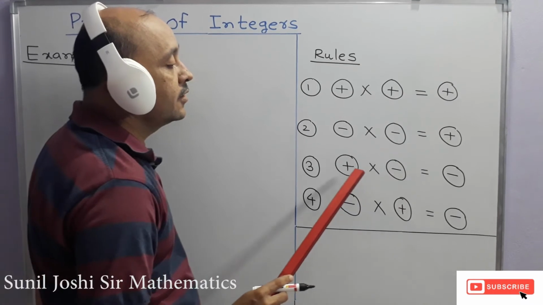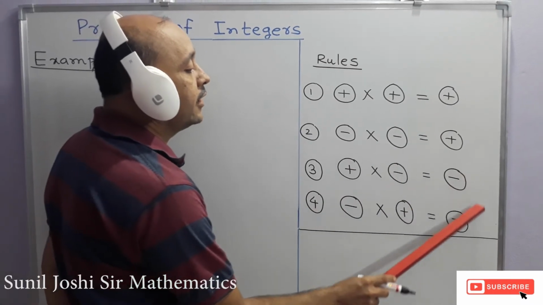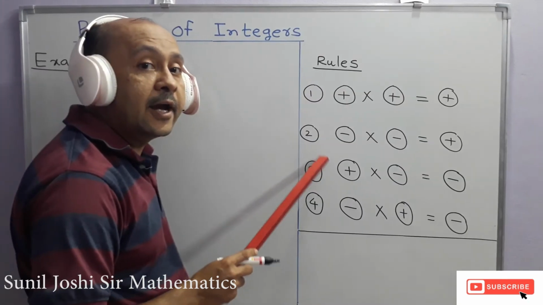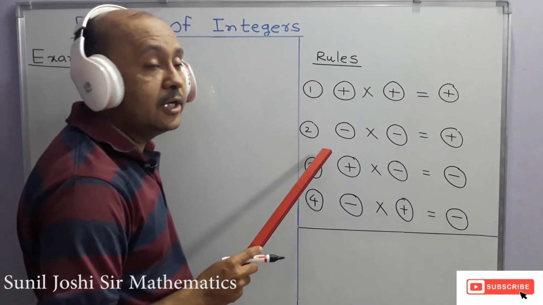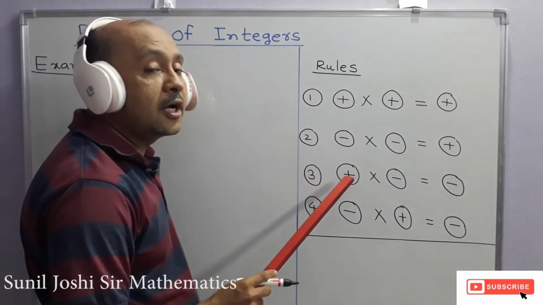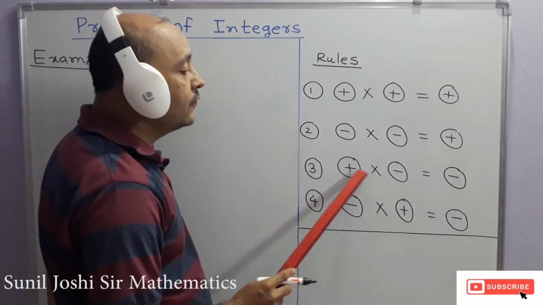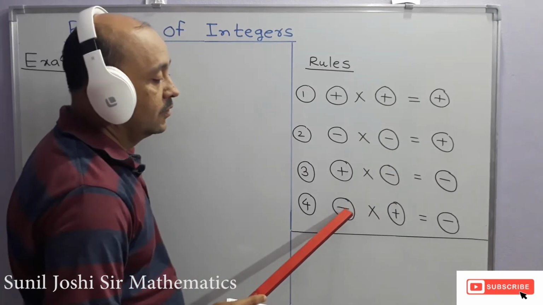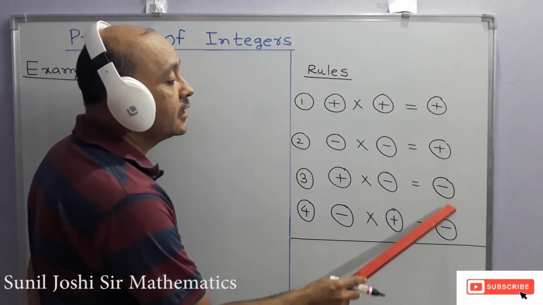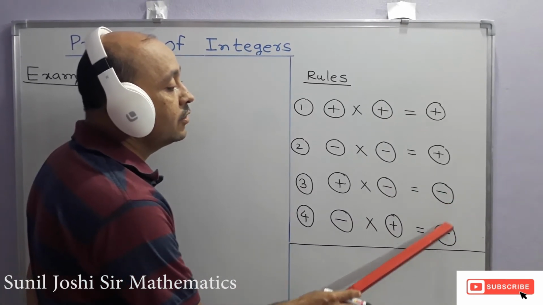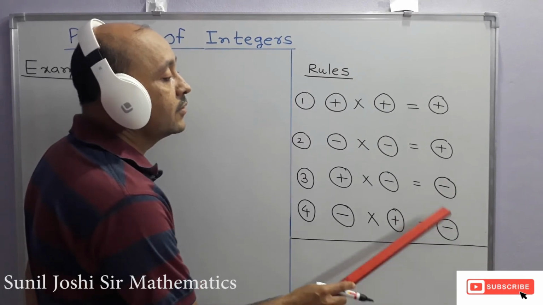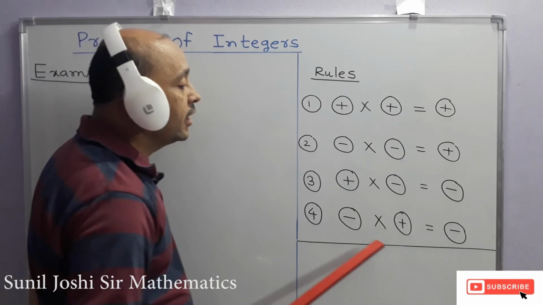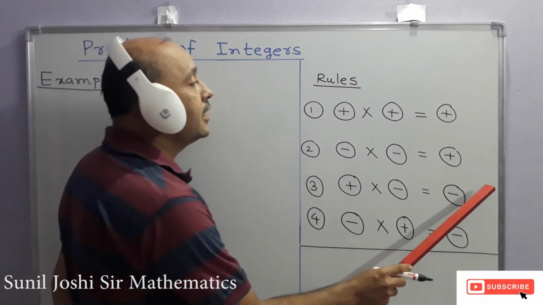Students, take care here, we are not going to see the greater number sign. The greater number sign is there in addition and subtraction only. The multiplication rules are very clear. Out of two integers, if one integer is negative, then the answer is negative, so we are not taking care of the greater number here. Be very careful, no greater number sign we are going to see in multiplication of integers.